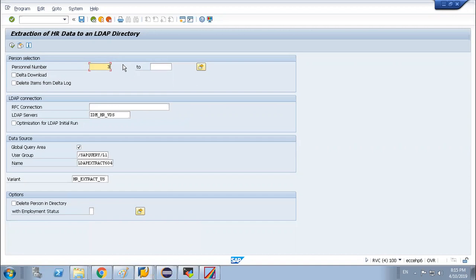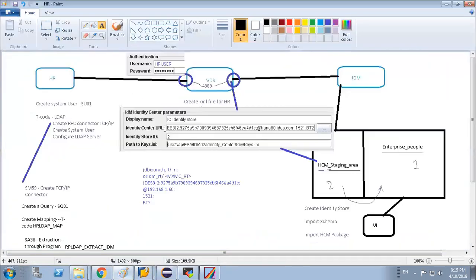Correct? So let's send this information. Click on execute. The system exported the record successfully. That means from the HR system, data moved to your VDS system. Automatically from the VDS system, data will move to your HCM staging area.